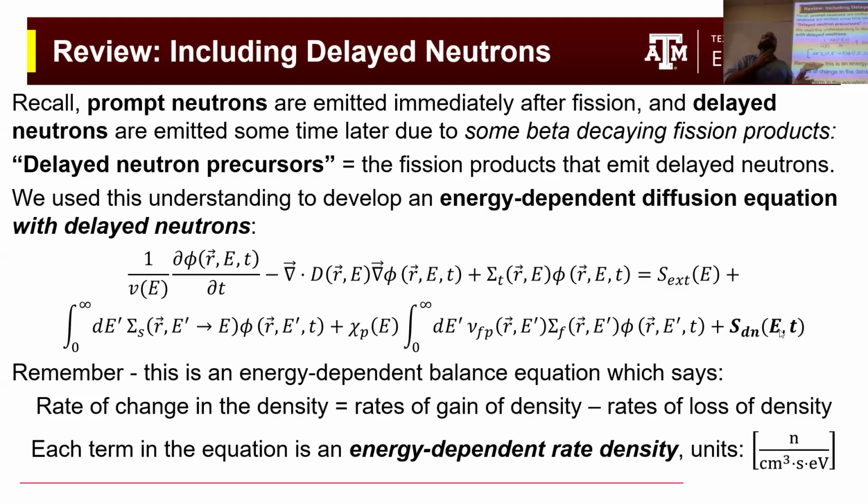And this is just our energy-dependent conservation equation. Every term is an energy-dependent rate density, so every term has units of neutrons per unit volume, per unit time, and per unit energy. And basically what we did last time is